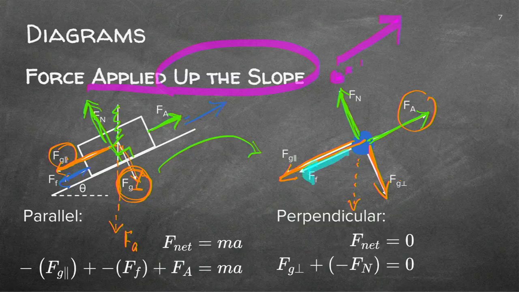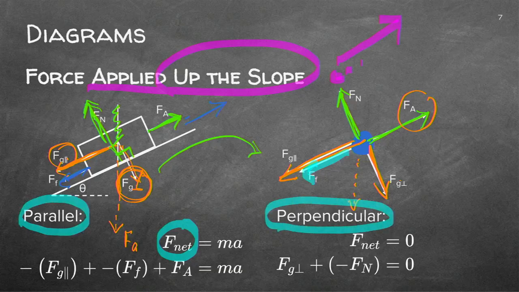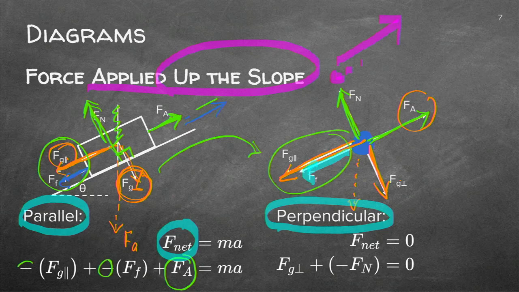And again, we can actually get your net force by working either in the parallel or in the perpendicular plane. Don't get confused. Keep them separately. Let's quickly have a look. I had in parallel, I'm going upwards. So I've got a plus applied force. And both of these two are working downwards. So I am putting a negative sign. So you could say it's the applied force minus the frictional force minus the parallel. That would probably be the way to write it down as soon as you work out with Newton's laws.